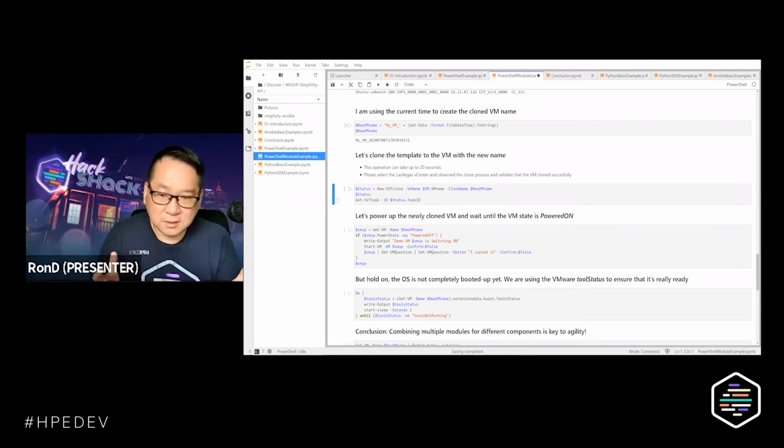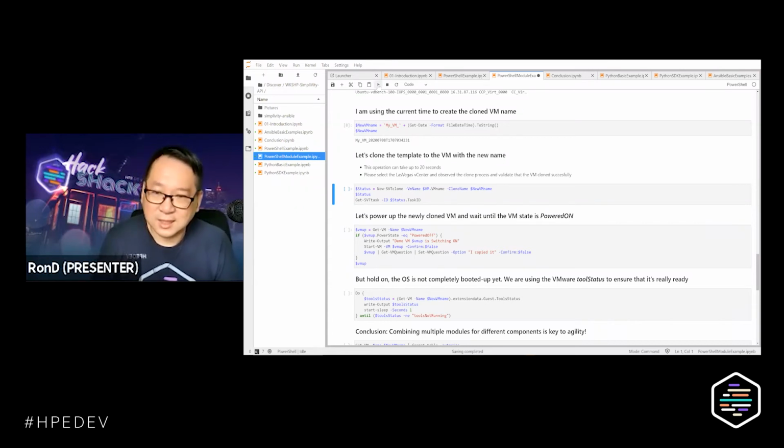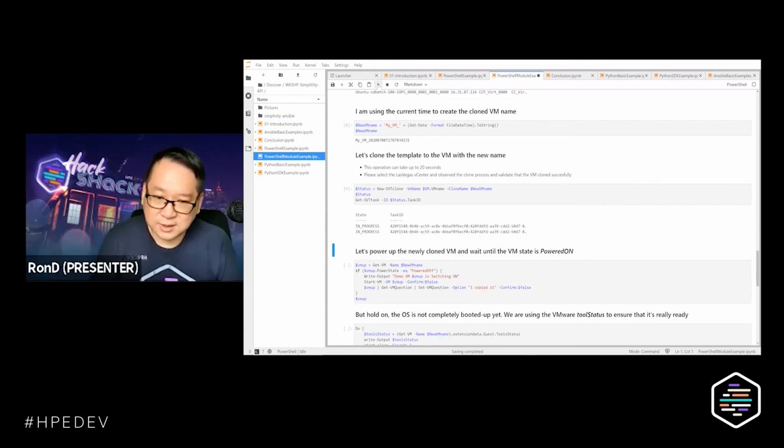But wait a minute, for power on, SimpliVity might not have the functions to do that. And worse, this is a VM that is based on Windows. SimpliVity PowerShell modules only understand those 6 objects, but they don't understand what the Windows virtual machine state is, what the power state is, what the current folders inside that VM are. That is where you are going to be using your other modules in order to perform your operations.